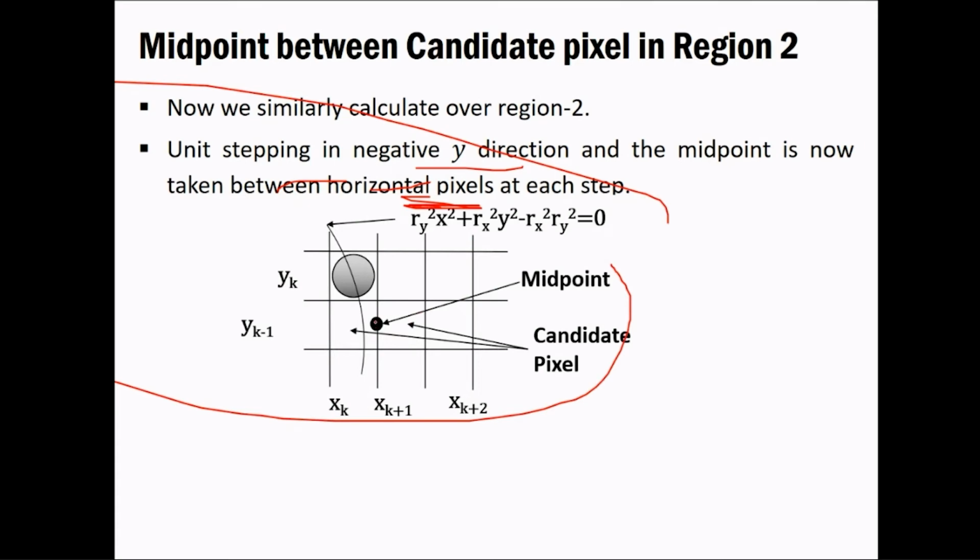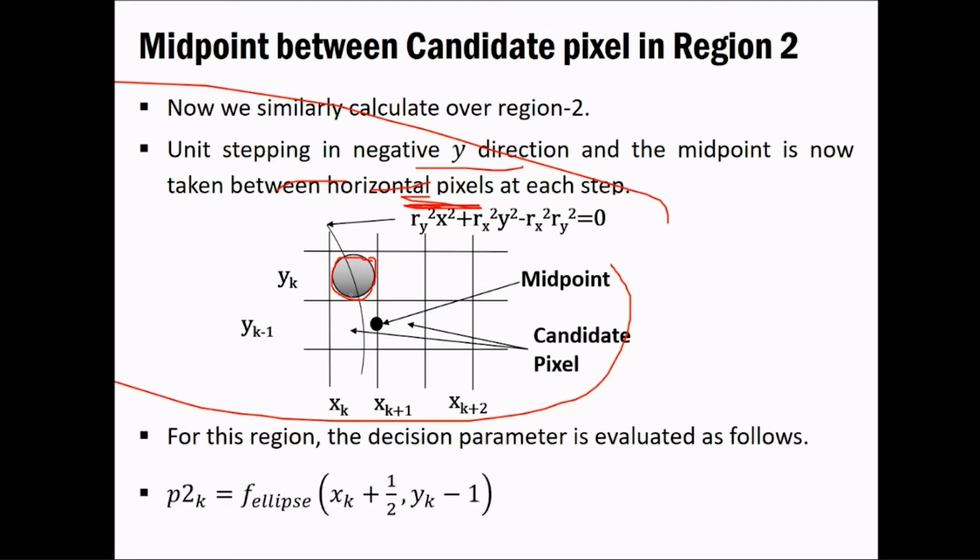Okay, so our midpoint is over here and our currently plotted pixel is over here, xk, yk. Similarly, if you are taking the region 2 part, or if you are going in region 2, then what it says is you have to go in the downward direction, so that would take us to the -1 parameter, or you can say you have to decrement the y value by 1, then only you would be getting that particular curve.